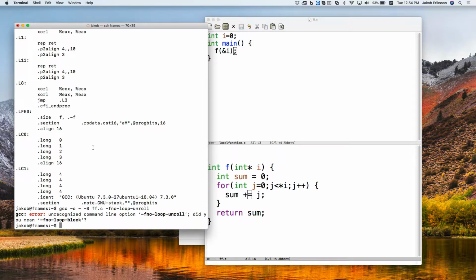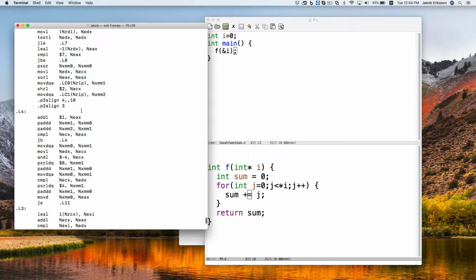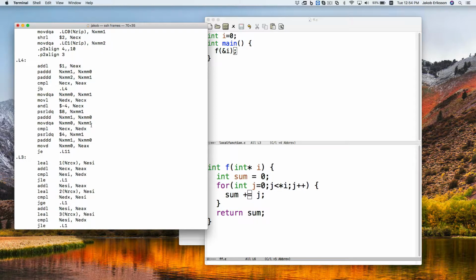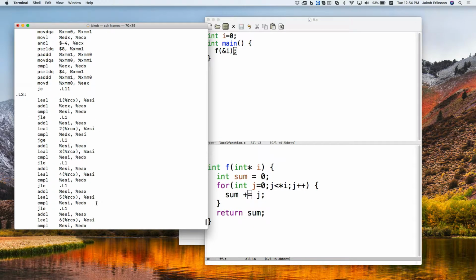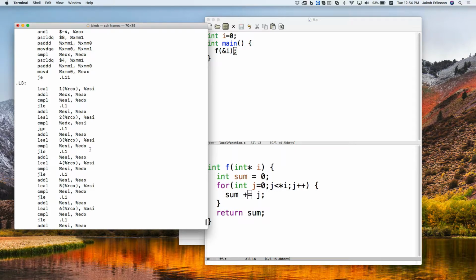See if we can convince it. Not passing in the optimization flag yet. Oh, did I lose it again? Oh, there it is. Okay, anyway. It's clearly doing, so this, it's unrolled the loop a lot, right? You see the same copy of everything here. But is it reading it is the question. I wish I could tell. I thought it would be easier. Anyway,